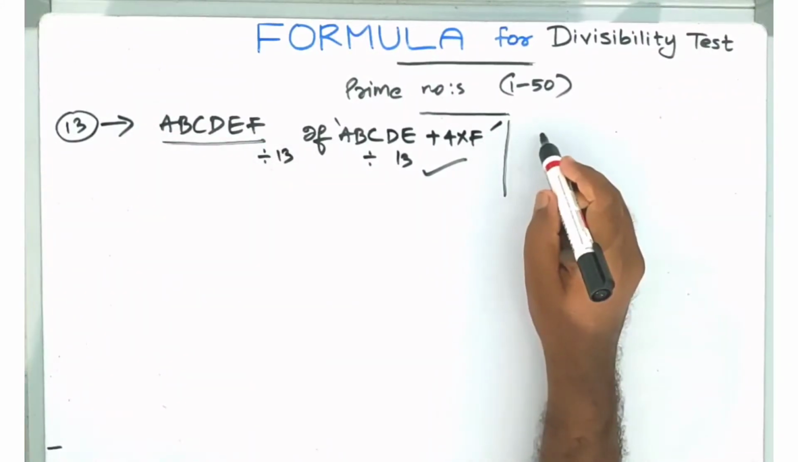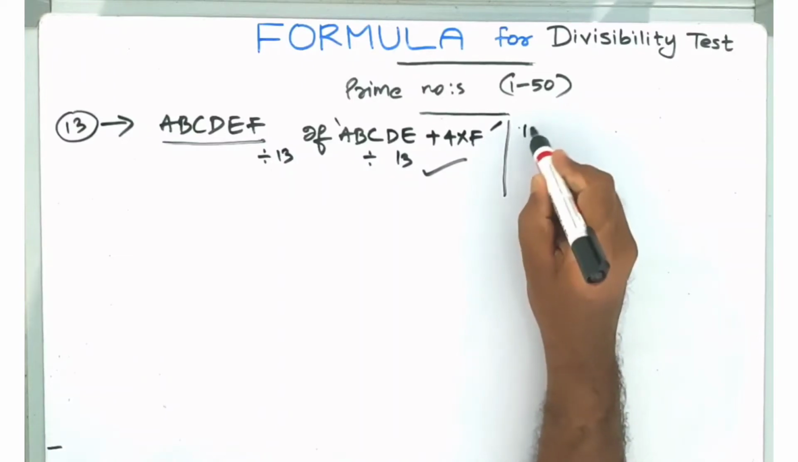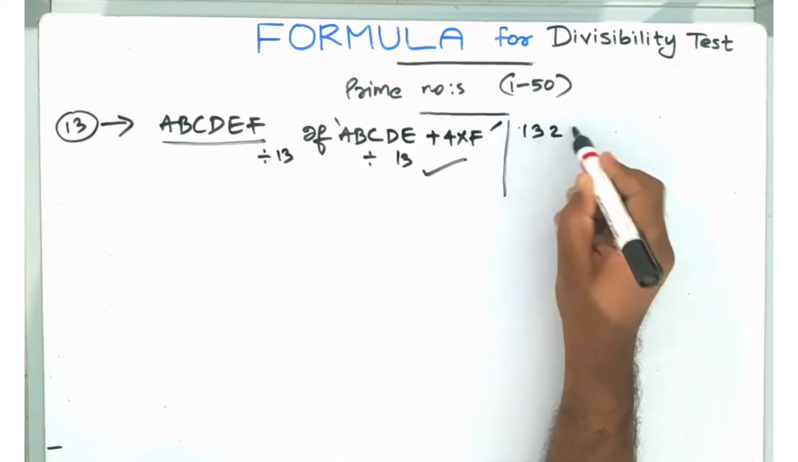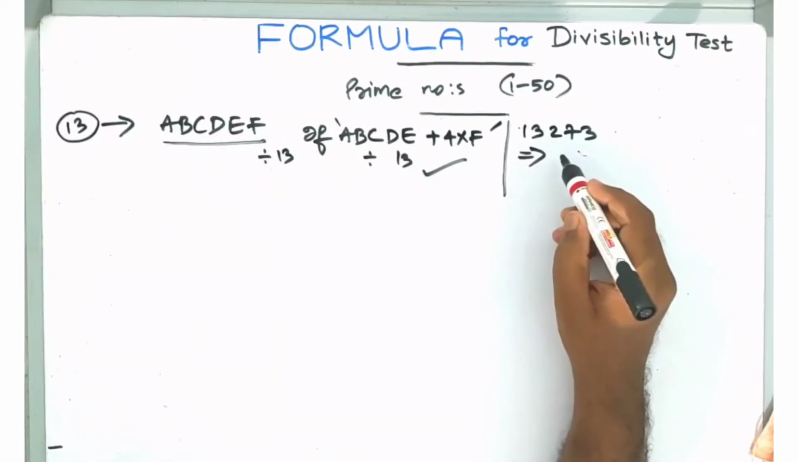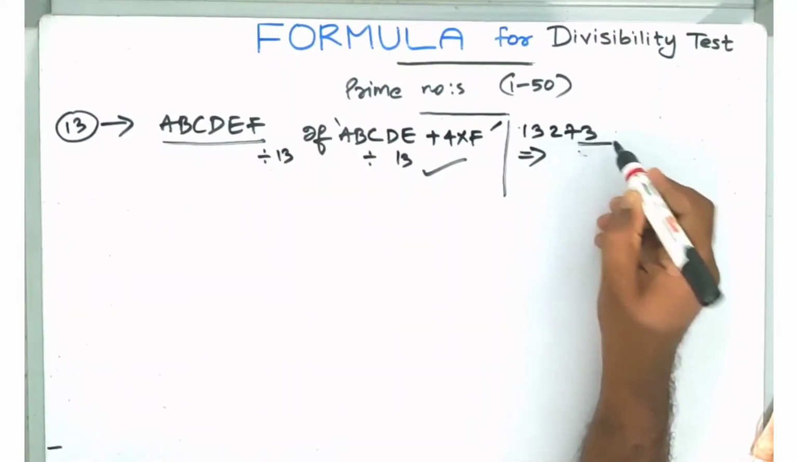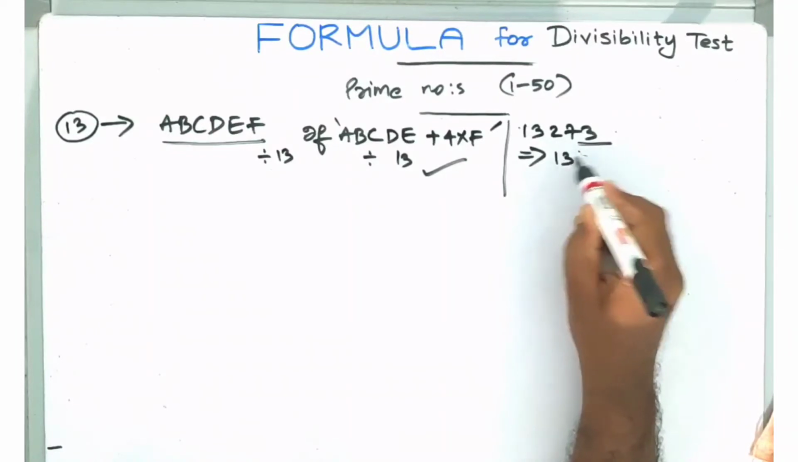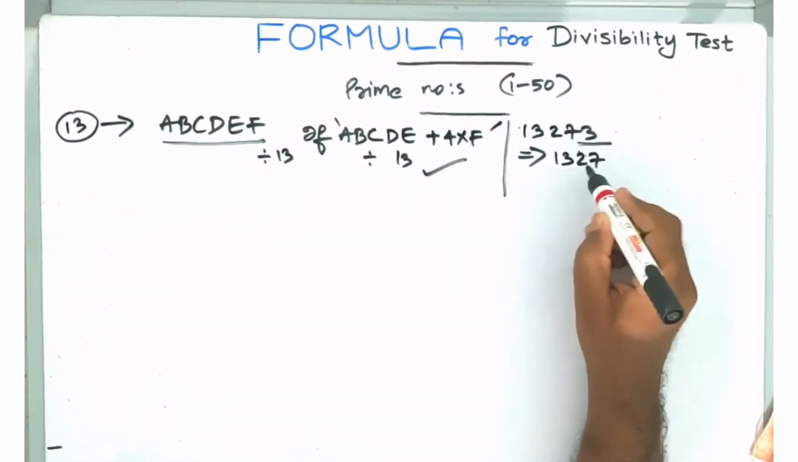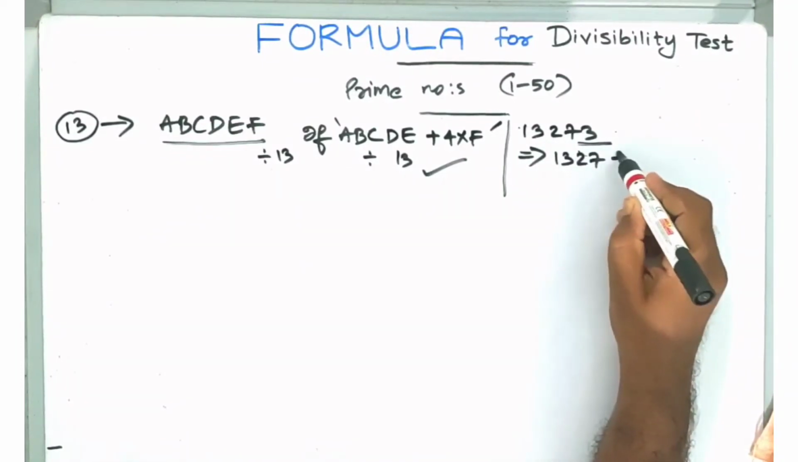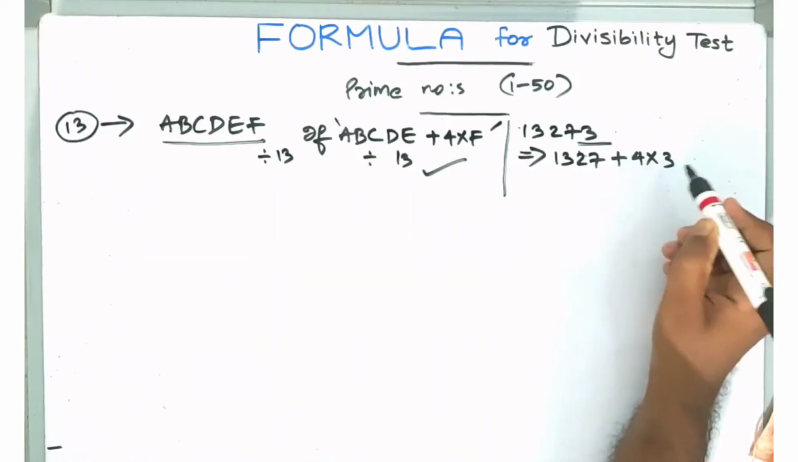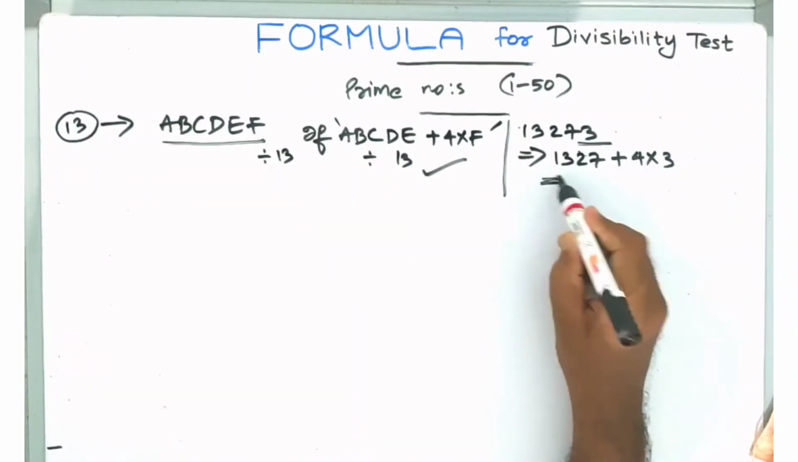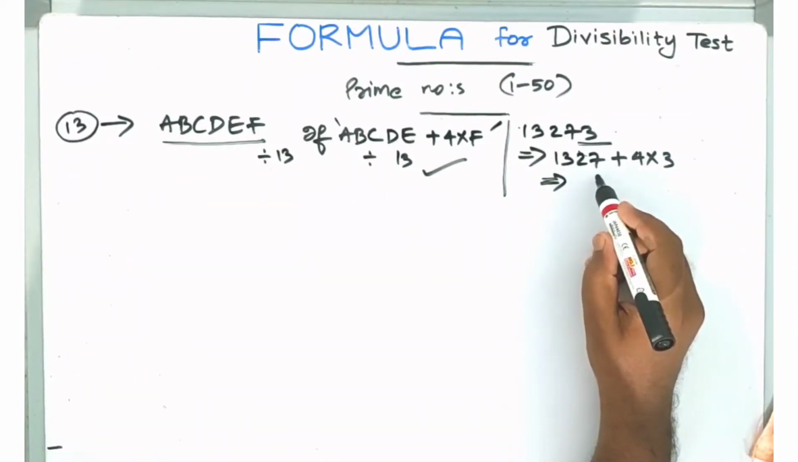For an example, we have to check whether this number is divisible by 13 or not. As we proceed, we have to find the last digit, it is 3. The rest of the digits will make a 4-digit number, and we have to add this 4-digit number to the number 4 into 3. So we will get an answer,